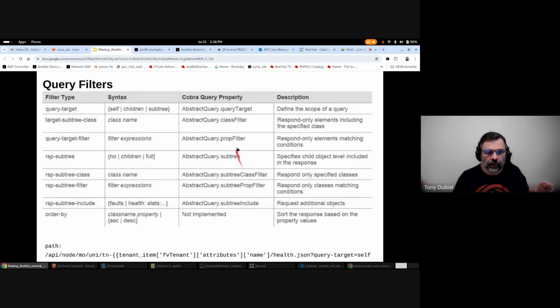And the last thing here is learning how to directly point to an object for operational purposes. If we want to request data, these query filters are important. We don't really have time to get into these. I just provided a very simple example, which is this query target. You'll see this in my demonstration where I want to check the health score of a particular tenant that we're building, to make sure that none of those children configurations or anything in the tenant has degraded the health